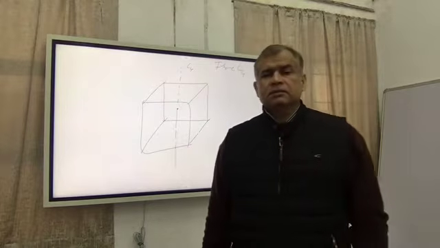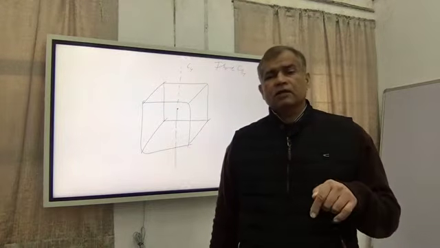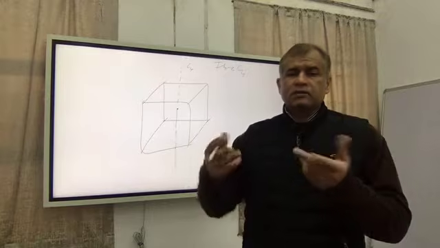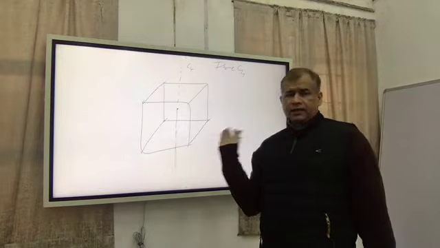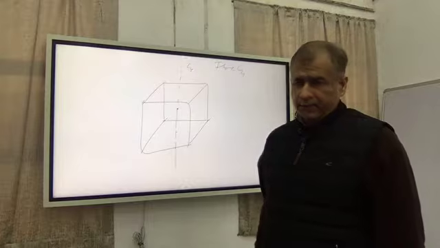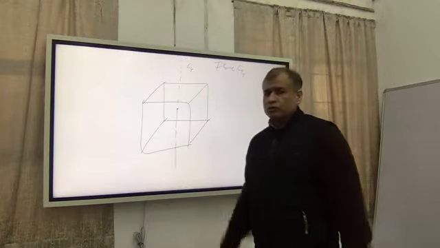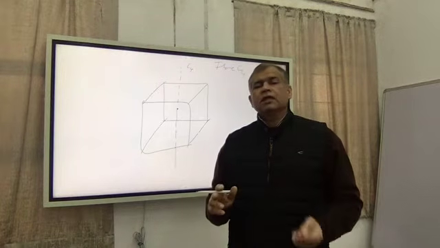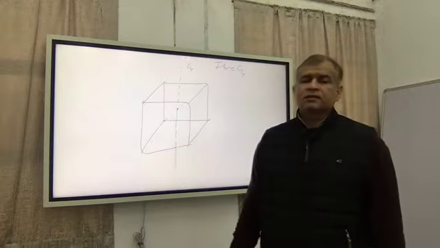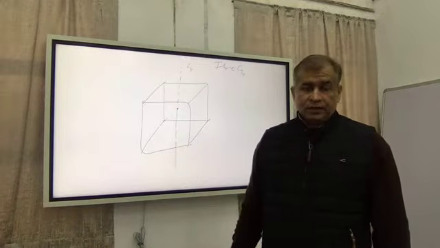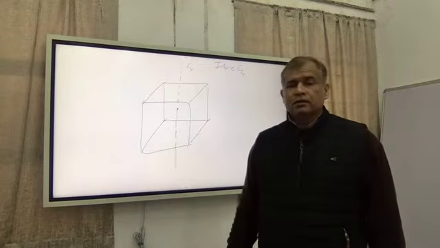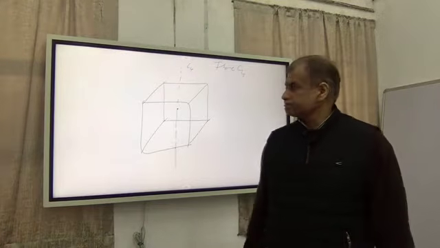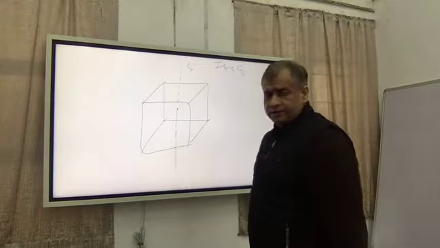Needless to say that these C4 axes will also work as C2 axes as well. Because 2 times C4 is 1 times C2. Rotate by 90, then again 90. It is rotation by 180. And these are also working as C2 axes. But when we give the total count of the axes, we will not count these as separate C2 axes because they are inherited in the C4 axis. There are some C2 axes in this cube, but their location is different. So they will be counted differently. So there are 3 C4 axes.